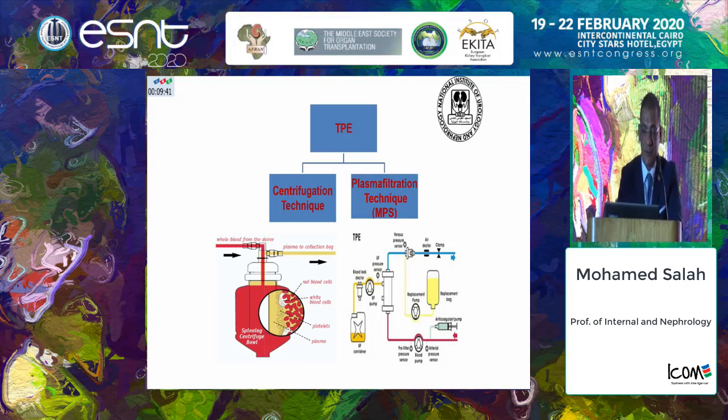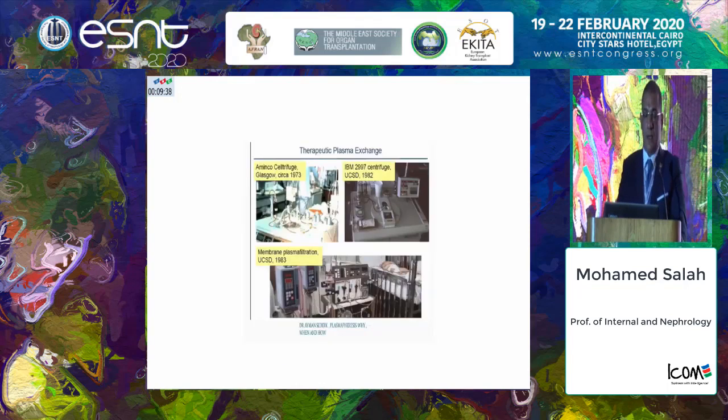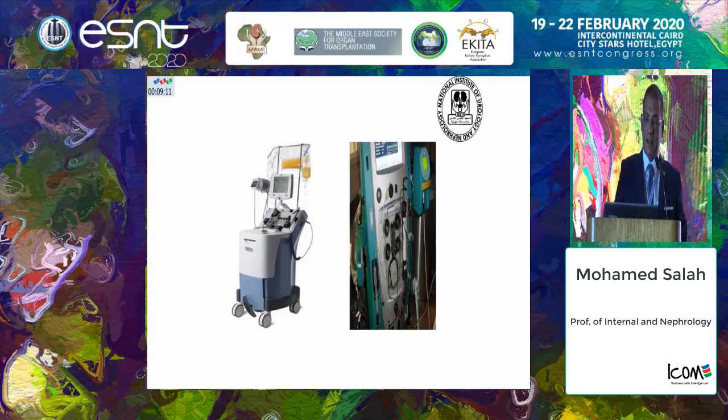again, whether plasma or albumin. Here we can see the beginning of the true modern plasmapheresis in the last century. In 1973 in Glasgow, in UCSD in 1982, and the membrane plasma filtration in 1983. Again, these were the first attempts of what we have nowadays. These are the machines. We have the membrane machine and the centrifuge machine. Some examples of